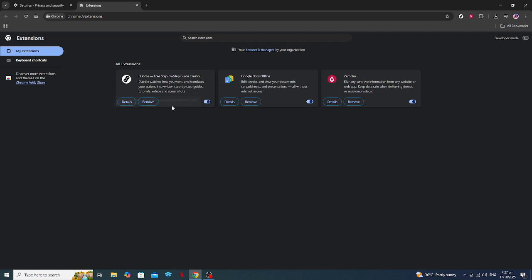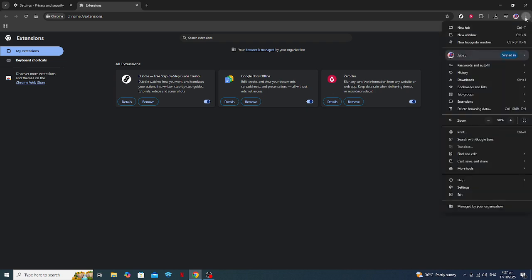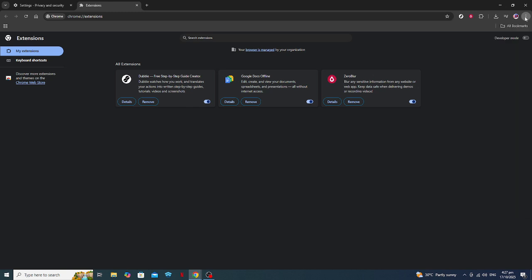Finally, as a last resort, you might need to reset Chrome to its default settings. Go back to Settings, and towards the bottom, you will see an option to restore settings to their original defaults. This step will reset your startup page, new tab page, search engine, and pinned tabs. It will also disable extensions and clear temporary data like cookies, but it won't affect your bookmarks, history, or saved